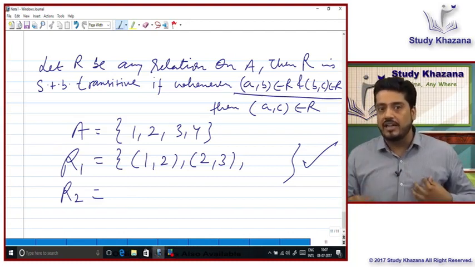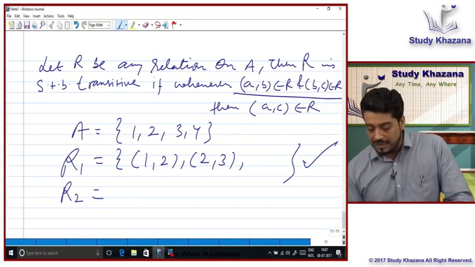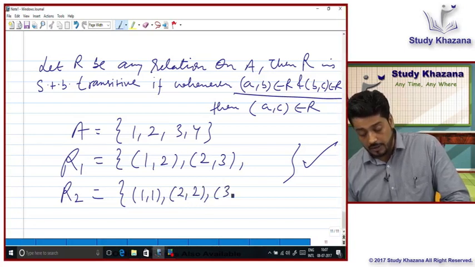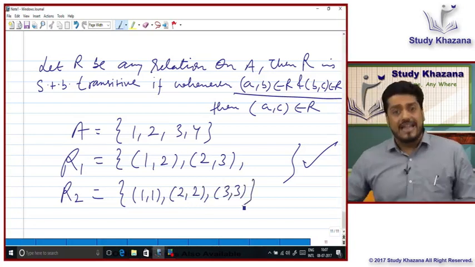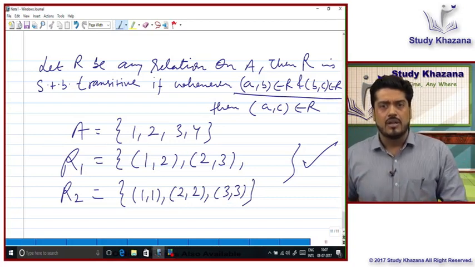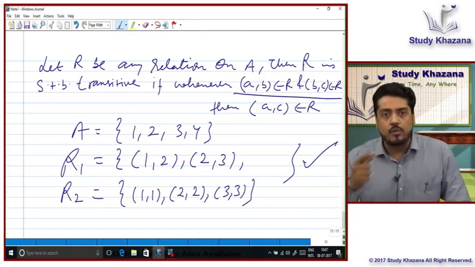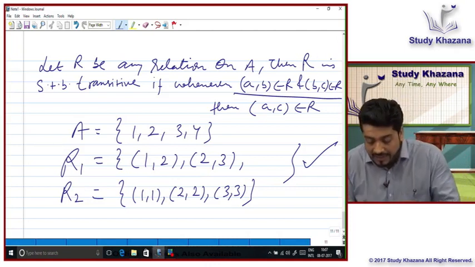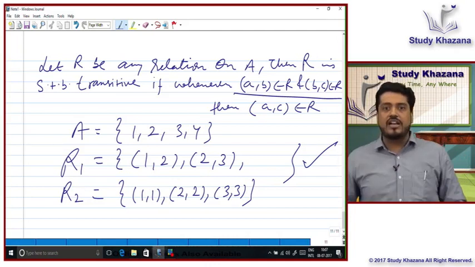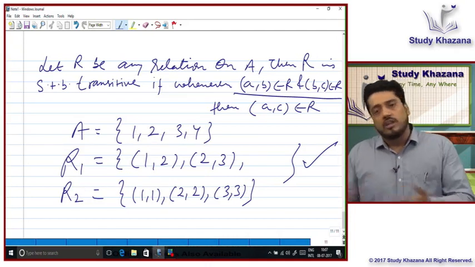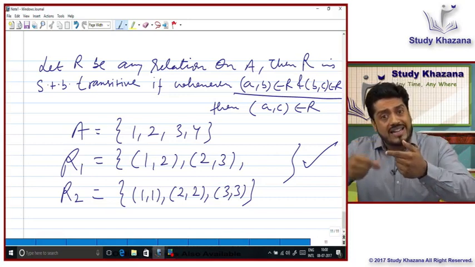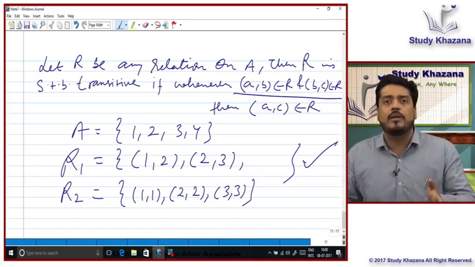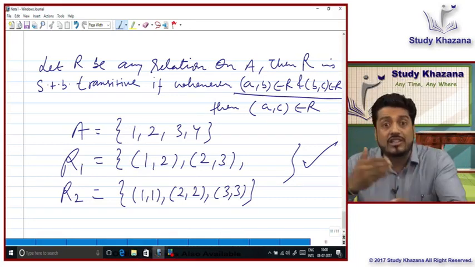So to give clarity about that, let us consider this example. Let us take R2 as (1,1), (2,2), (3,3). And someone asks, is this a transitive relation? So what is my requirement? That I have to search for the hypothesis first, that A related to B, B related to C. Can you find any such condition in this? Here 1 related to 1 is simply 2 related to 2, 3 related to 3. So there is no condition that A related to B, B related to C. There is no common link between two elements in (1,1), (2,2), (3,3). So the hypothesis is not created.